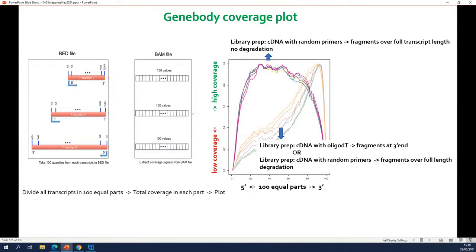If you see degradation, is this bad? It can be, it depends. If you see degradation and you're only interested in differential expression, then it's still okay. You will have reads here, and you can use these. If you're interested in splicing, then this is really bad. For splicing, you need to have reads all over the entire length of your transcripts.